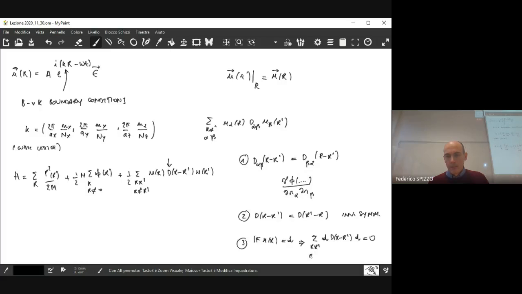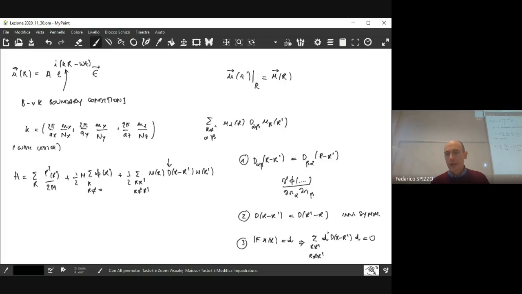Why should that be 0? Because if you take the static configuration and you just translate all the ions with the same displacement, you are just taking the solid and translating the full solid by an amount that is equal to D. So at this point, you have no change. Let's say the energy of the lattice is always the same because you do not change the relative position of the ions. The relative positions are always the same.